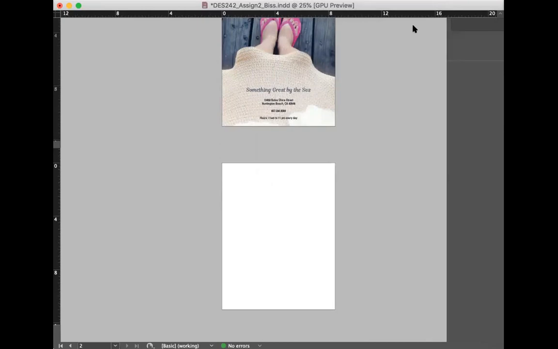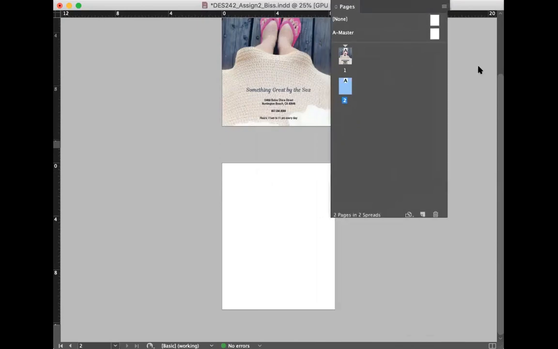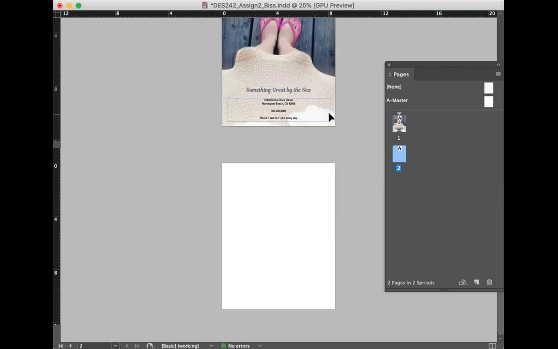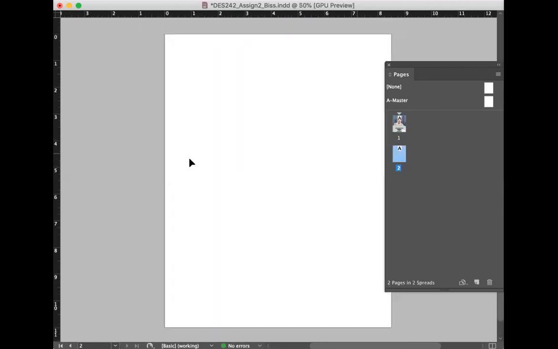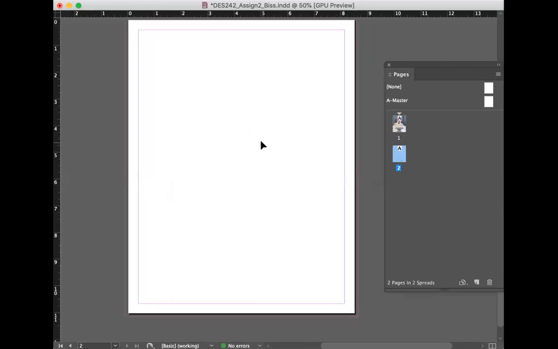There we go. Right at the very bottom is a new page icon that you can also choose. I couldn't see that on my panel, it was too small or too long. All right, so you have a second page here. Let me show all my margin guides here.